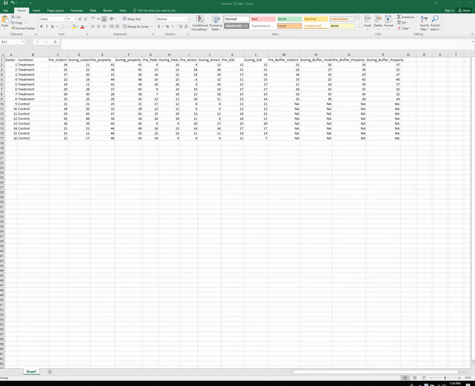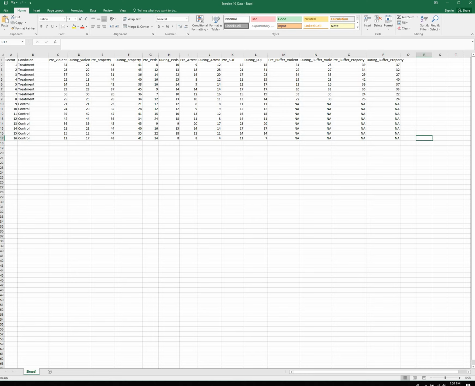Alright, so here's our scenario. You are a crime analyst who has been tasked by a police chief with evaluating an intervention that involved increased patrols in some sectors but not in others. Your job is going to be to collect the relevant data that is needed to evaluate the intervention. You're going to input that data into the weighted displacement quotient calculator, and you're going to come up with a result. And in terms of what I've provided you with, I've done all the legwork for you,